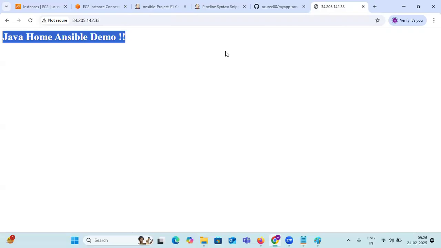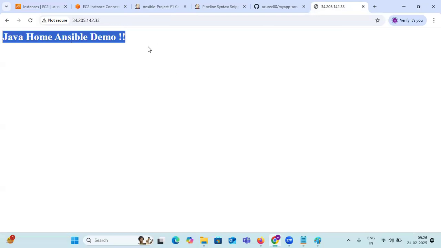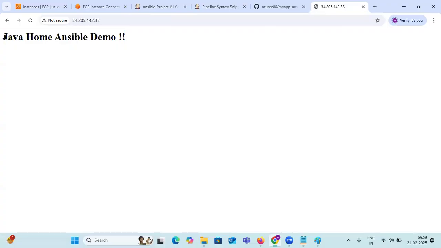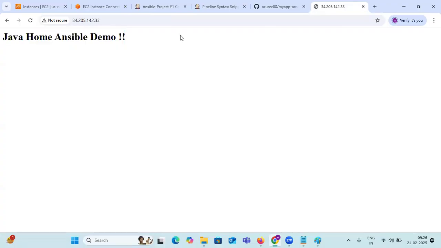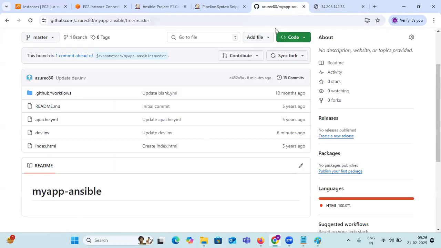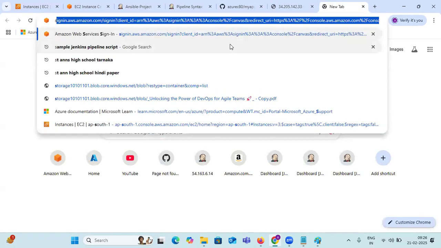Right? Now the customer wants some changes inside the website. You want some other features. So you don't want this page, you want some other pages. Yes, so you can change. They can inform the developer, and the developer will change the code inside the GitHub. Now the customer wants some other website page. For example,